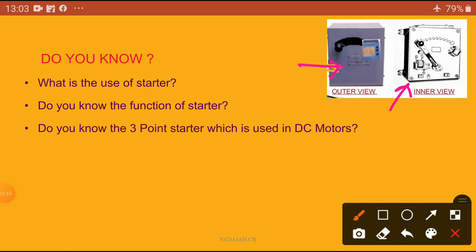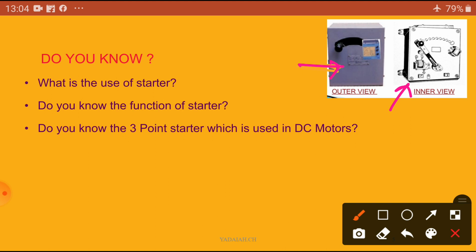So we are going to use different AC starters: DOL starter, auto transformer, star delta starter. Sometimes we can use the automatic star delta starter and a soft starter, and finally we can use the rotor resistance starter. A variety of starters are used in our AC motors based on our requirement, different applications, and the characteristics of the motors.